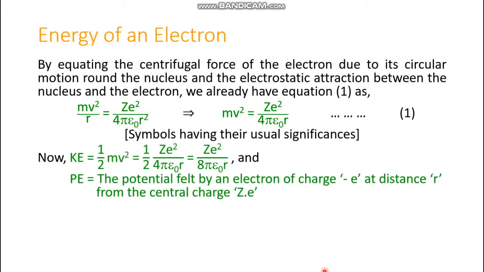And what is the potential energy? The potential energy felt by an electron of charge minus e at distance r from the central charge Ze will be following the Coulomb's law of attraction. So this is q1 into q2 by r. Okay, so q1 is Ze, q2 is minus e, and the denominator is 4 pi epsilon 0 r, because in vacuum, permittivity of a vacuum, you have to input this factor. So the value is minus z square by 4 pi epsilon 0 r according to the Coulomb's law,